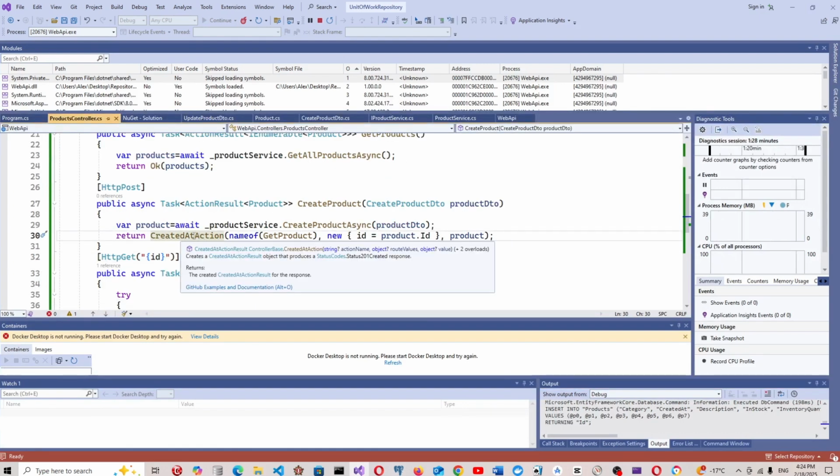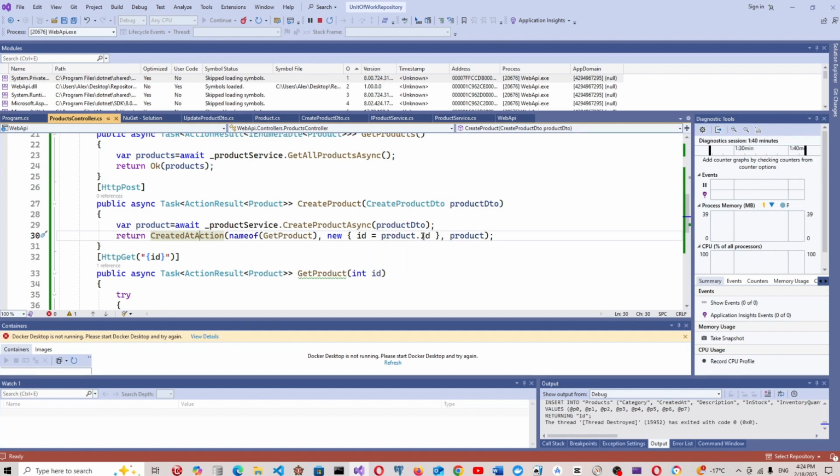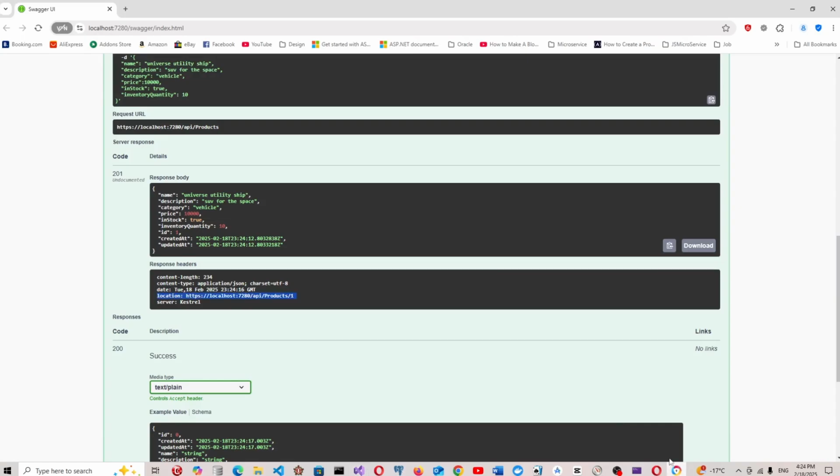Return CreatedAtAction, name of that product, and the current route parameter, the ID which equals the product ID, and then it will return the product. Okay, perfect. So it will return this product created,